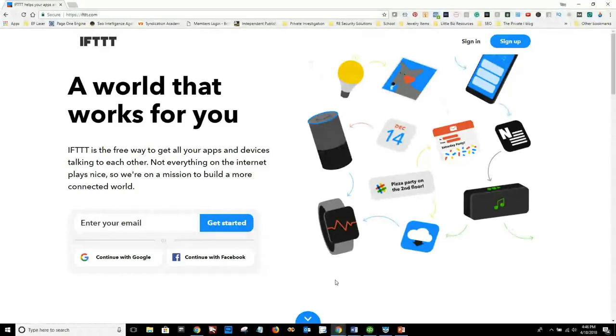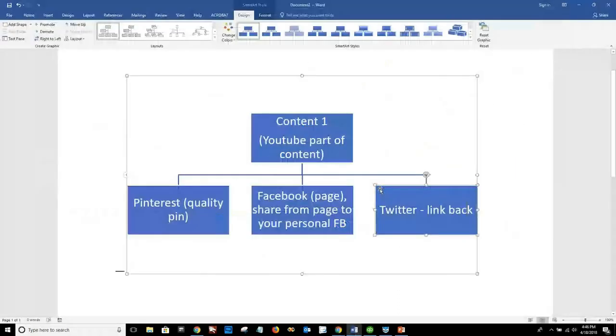But this is a really great way to bypass having to use, I mean, you still use Buffer for part of it because you can't get to Google Plus. That's one we need to do. We need to do Google Plus. In fact, I'd say if you had to pick one, Google Plus is the better one. And then if you've created your own YouTube video,